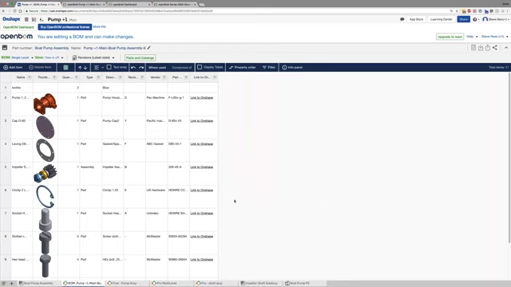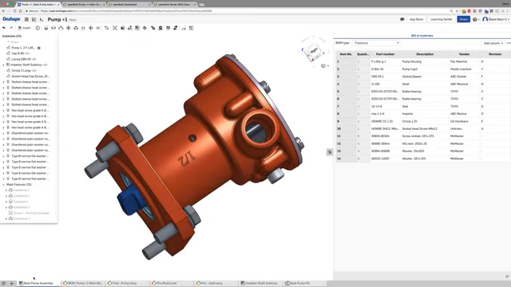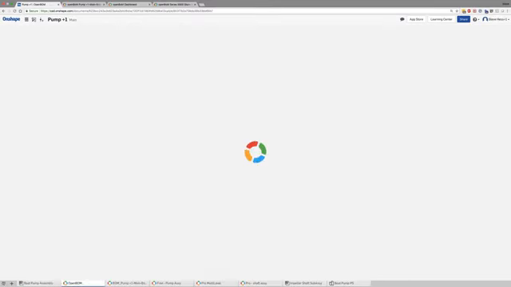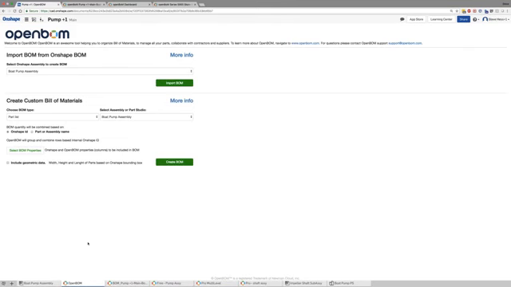So with that tour of free, let's take a look at a more sophisticated bill of material using the custom bill of material option. So again, starting from Onshape, add the OpenBOM application. And we're going to take a look at this section down here, which has some more options.